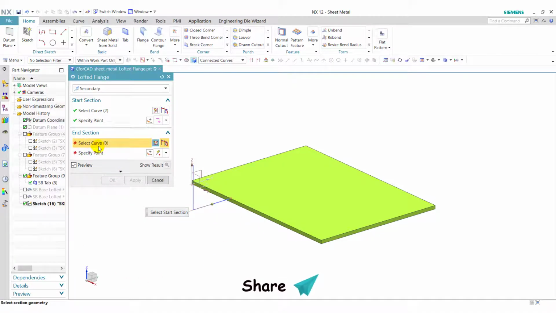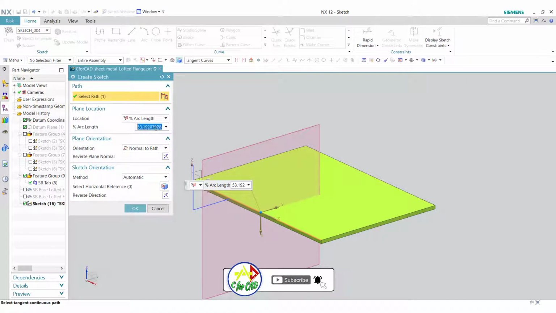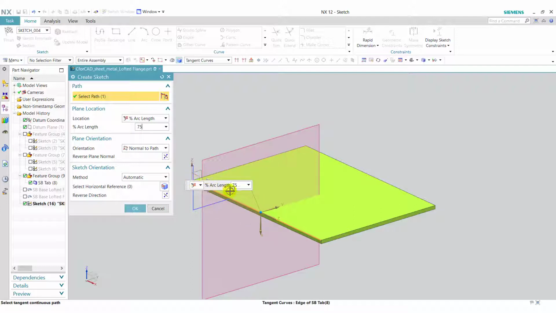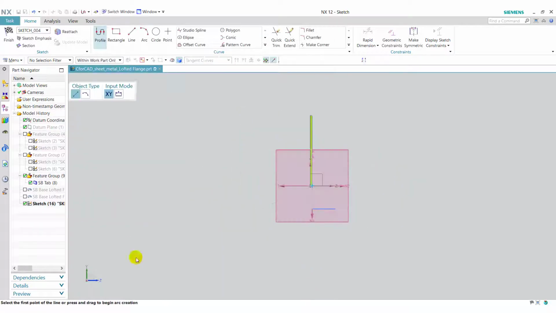Now we have to create another curve. So again we will select single curve. Again select this edge. This time we will enter 75. It will create a plane at 75% of the arc length. Now reverse these directions and click on OK.